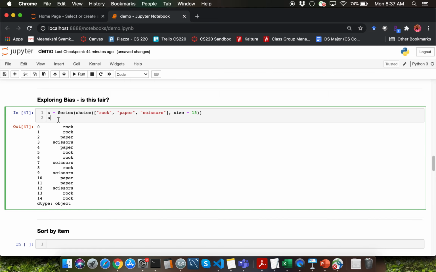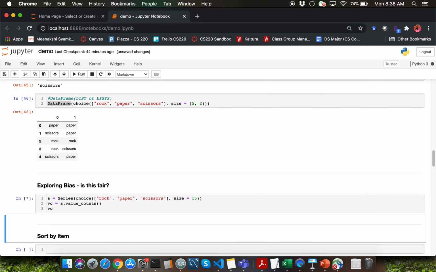What I want to be able to do is to create a bar plot that represents the count of each of the unique values in the selections that we have made over here. Recall that we went through a lot of examples similar to this as part of the plotting series of lectures. We can get a count of a series by simply saying series.value_counts. Let me capture the return value, which is going to be another series, into a variable called VC,